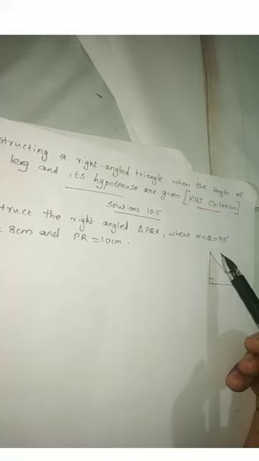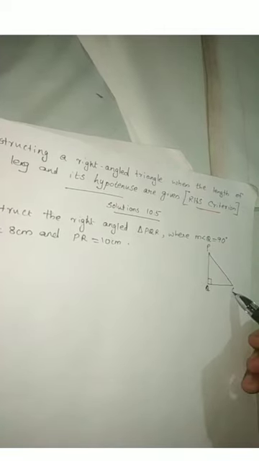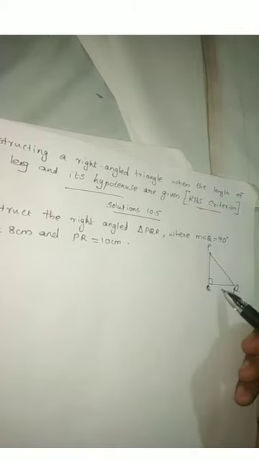First, we can draw a rough diagram using these measurements. It is a 90-degree angle. So here will be the 90-degree angle. It is given that Q is equal to 90 degrees. So this one will be Q. Here we can name it as P and this one will be R. It is given QR equal to 8 cm. So this one will be 8 cm and PR, the hypotenuse, is equal to 10 cm.